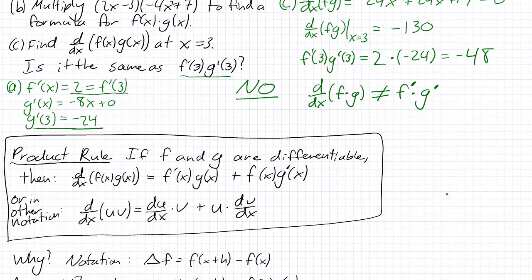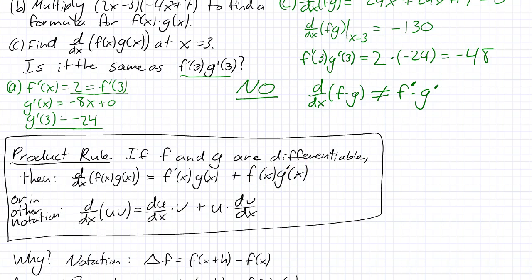So it says that if you have these two differentiable functions, then the derivative of the product, this is like doing the derivative of that 24x cubed thing here, it's the same thing as just doing the derivative of f, that's f prime, times the original function g, plus the original f times the derivative of g,